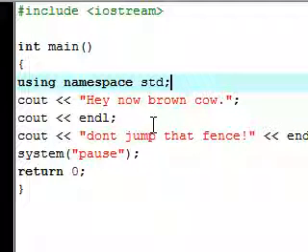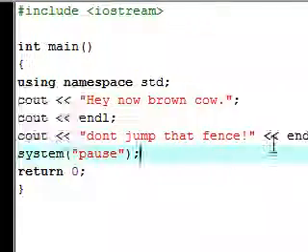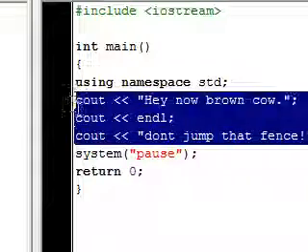What's up everyone, welcome to my third C++ tutorial, and in this tutorial we're going to be going over declaration statements and variables. Now what a variable is, if you've never programmed before, is just a placeholder for something else. As you can see, we have our old statements from tutorial 2 here, so let's go ahead